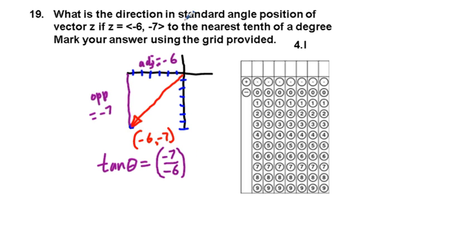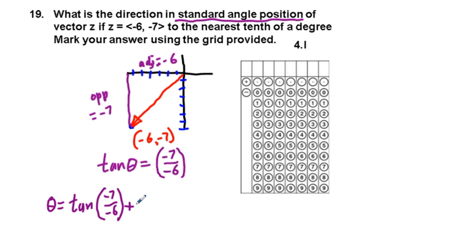But in standard angle position from quadrant 3, we have to add 180 degrees. So our theta in standard position is going to be equal to our inverse tangent of -7 over -6